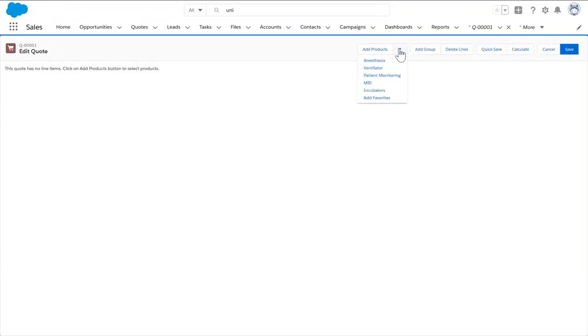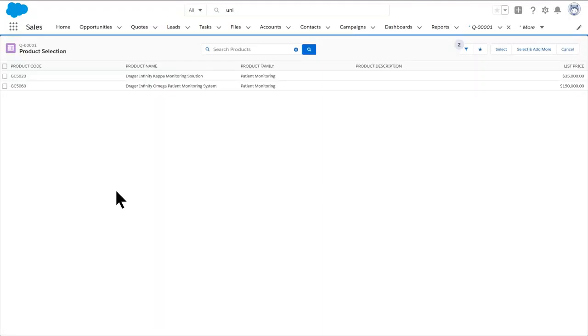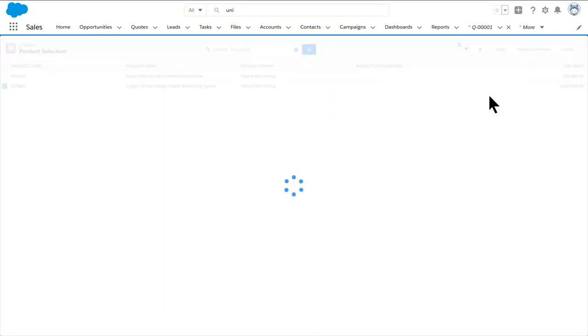The way that I want to do it is by using the category that the items belong to. So you can see I've got anesthesia, ventilator, patient monitoring. I can also add favorites, which is a cool tool. But in this case, I want to pick patient monitoring and see just the items that belong to patient monitoring. All right, so in this example, I want to grab the 5060, and if I select that item,